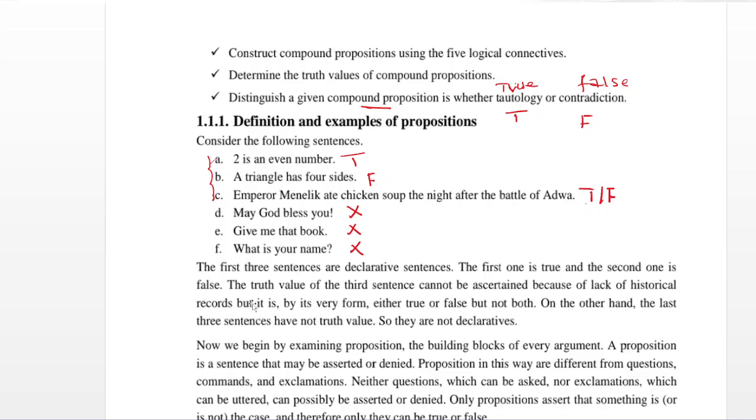it is still a proposition, because a person who knows the history would say it is either true or false. It has that form: it is something that is either true or false, but not both. On the other hand, the last three sentences